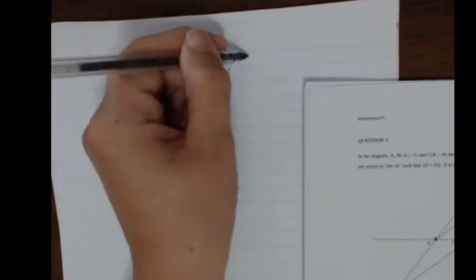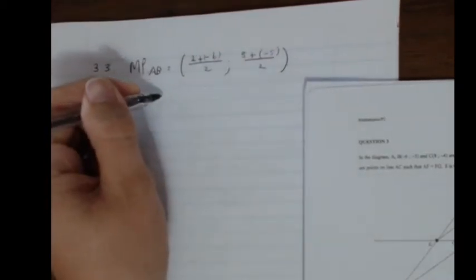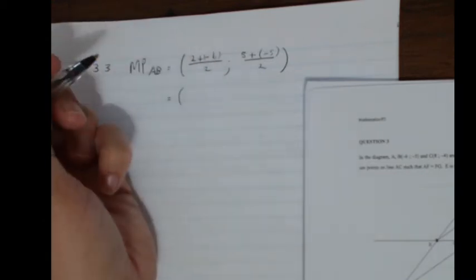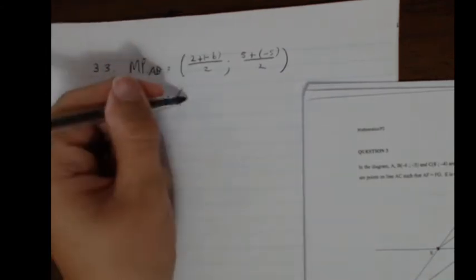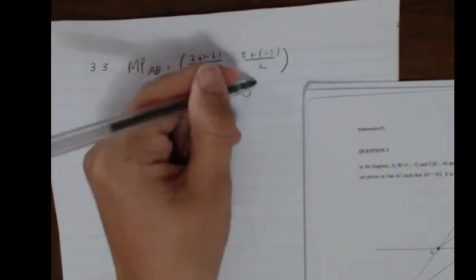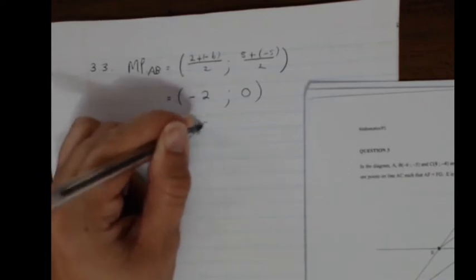Right, so the midpoint of AB is going to be (XA plus XB) over 2 and (YA plus YB) over 2, which is then going to be 2 plus minus 6, it's negative 4 over 2, which is negative 2, and then 5 plus minus 5 is 0 over 2, so 0. And that means that E is (-2, 0),